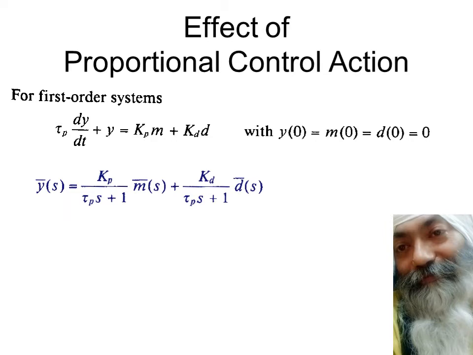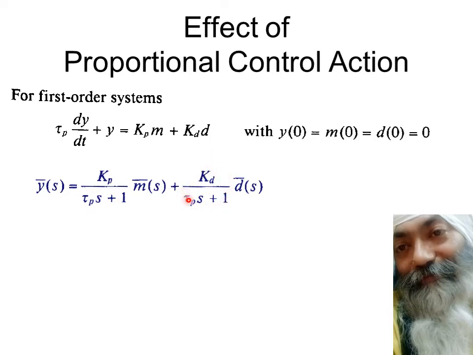So once you go in for all these terms, what you get ultimately, you take the Laplace and then you take the common point and then you divide and so on and so forth. When you take Laplace of this, it becomes y into s into tau p. This y comes constant and this tau p s plus 1 comes in the denominator of this term and also in the denominator of this term. So we have been calling this GP and we have been calling this GD.